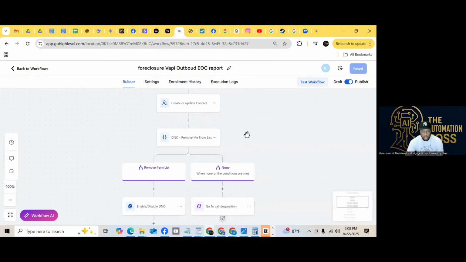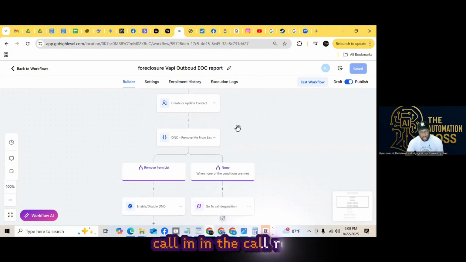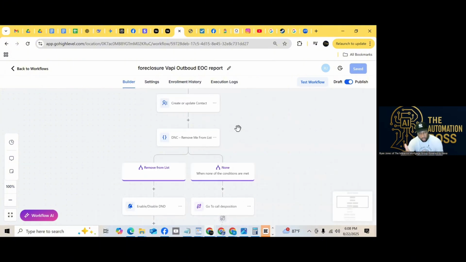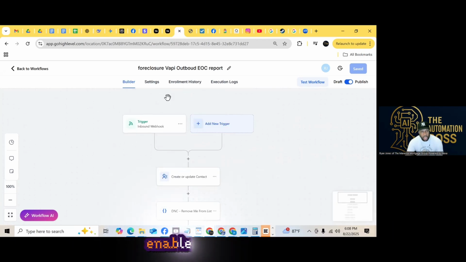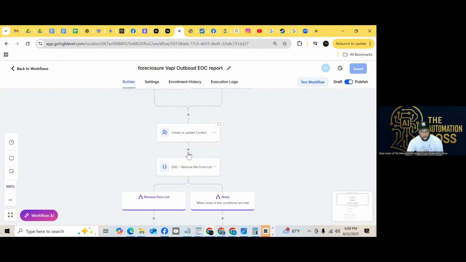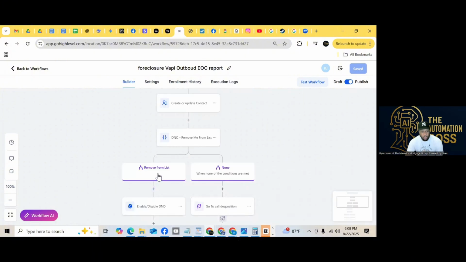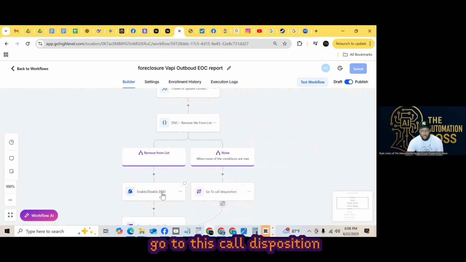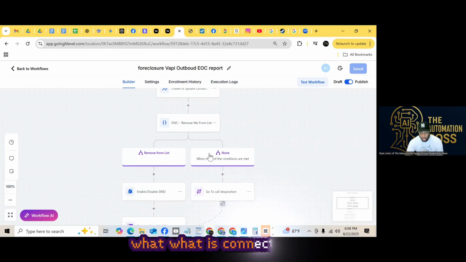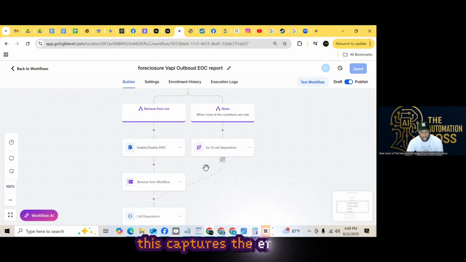We got it in here. So how it works is call the number, pick up the phone. Someone says, hey, remove me from your list. It'll catch that in the call report. It'll go here and it'll take them to remove from the list, and it'll disable or enable the do not call list. If they don't say any of that, then it'll say none, and then it'll automatically go to this